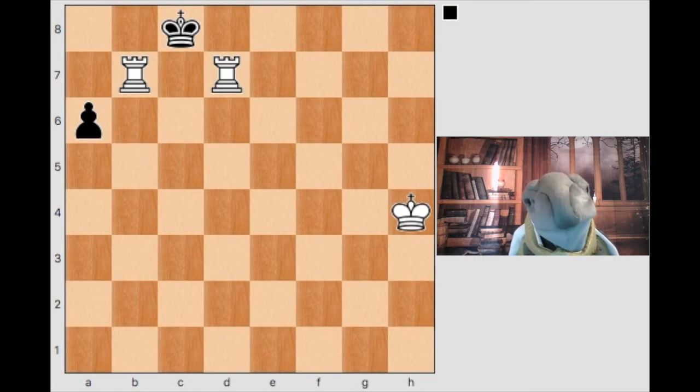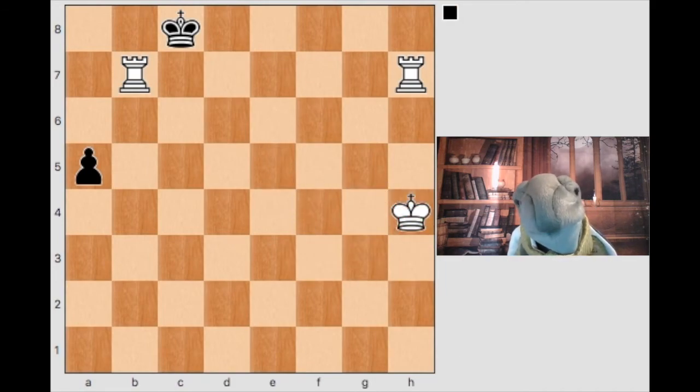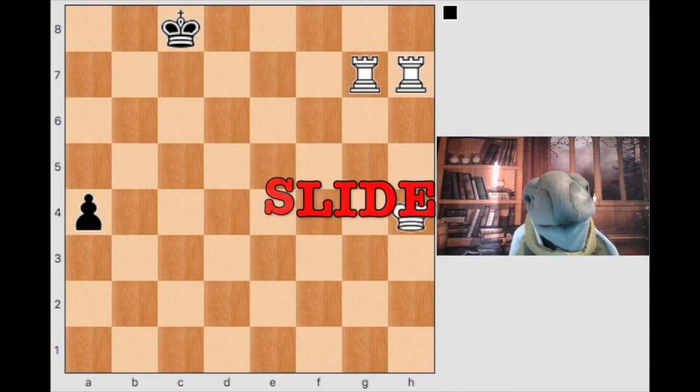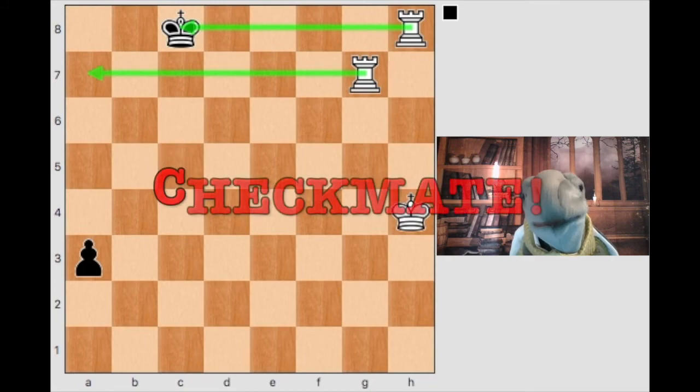For example, black cannot move his king, but his pawn moves to a5. White would move one rook far away from the king. Black's pawn moves to a4. White would slide the other rook far away from the black king. Black's pawn moves to a3. White would move one rook forward,